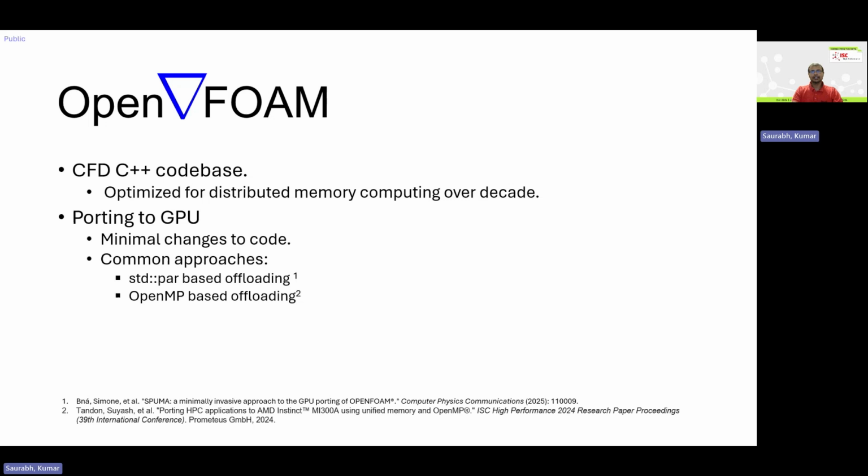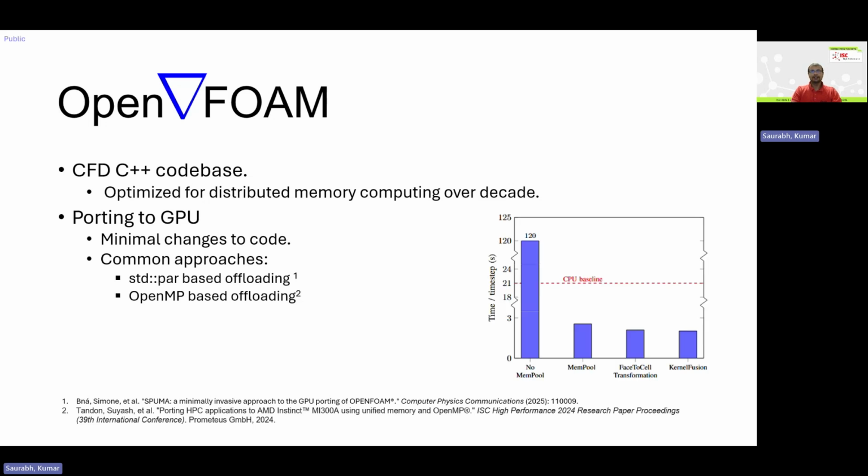Both of these approaches require minimal changes to the code, and this is very important for the obvious reason: we do not want to rewrite the full OpenFOAM, and that leads to a lot of issues related to maintainability of the code. So in this work, we have identified some of the key bottlenecks in GPU offloading of the OpenFOAM kernels, and we present a series of optimizations that leads to a significant speed up